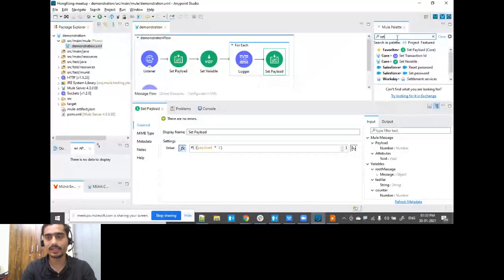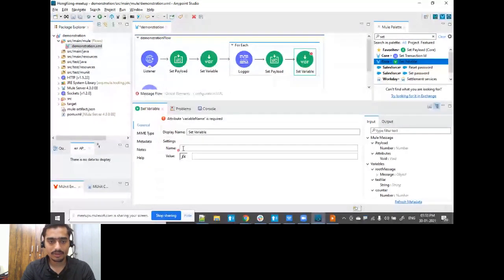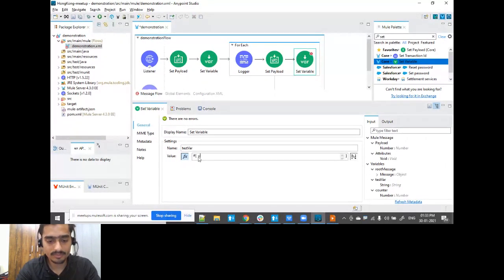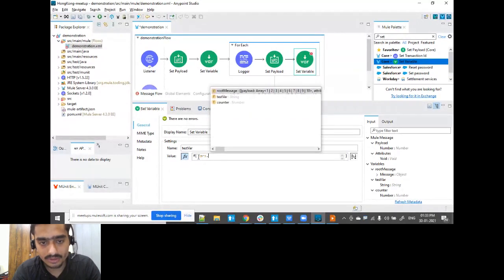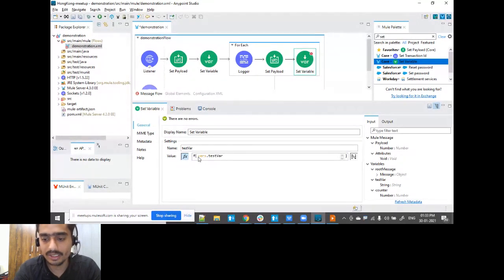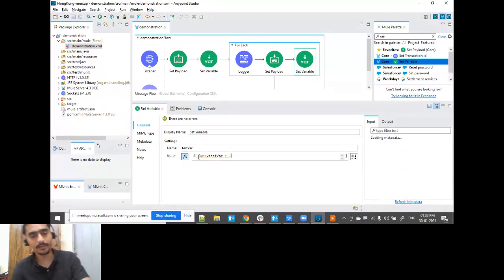Let me also modify the variable. I'll say the same variable, remember, test var. I'll take the previous vars.testVar and add 1 to it.